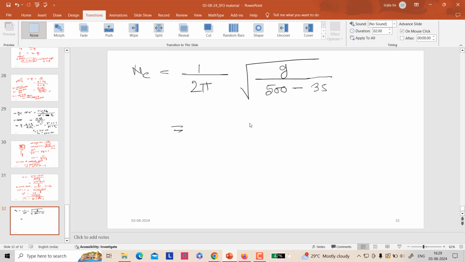So the answer is 0.023. It is coming in rotation per second. And now they have asked for the rotation per minute. So rotation per minute means we want to change it from rotation per second to rotation per minute. So we have to multiply it with